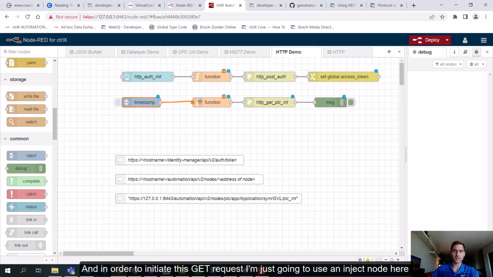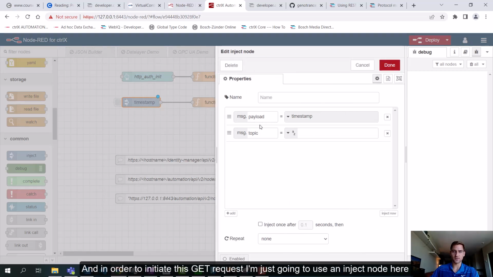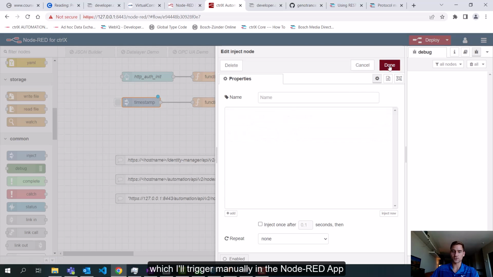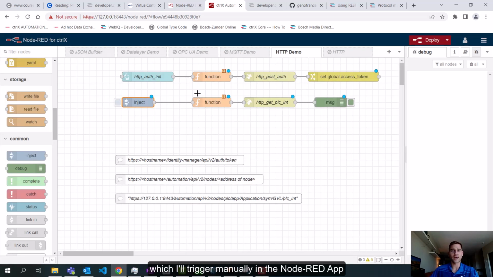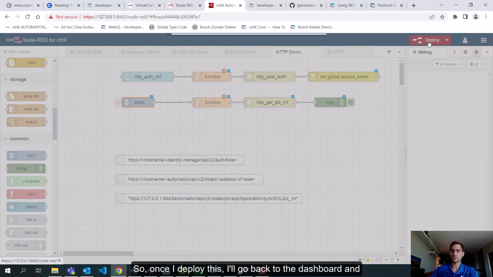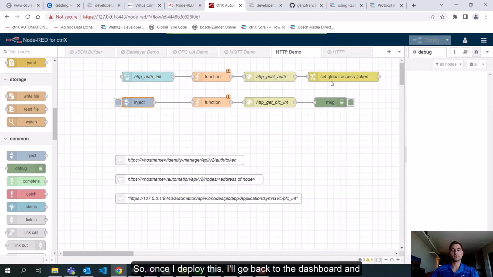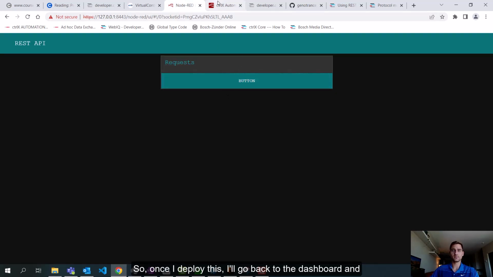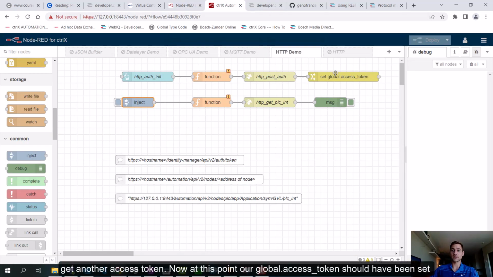And in order to initiate this GET request, I'm just going to use an inject node here, which I'll trigger manually in the Node-RED app. So once I deploy this, I'll go back to the dashboard and get another access token. Now at this point, our global.accessToken should have been set to that value of the access token. And now when I inject here,